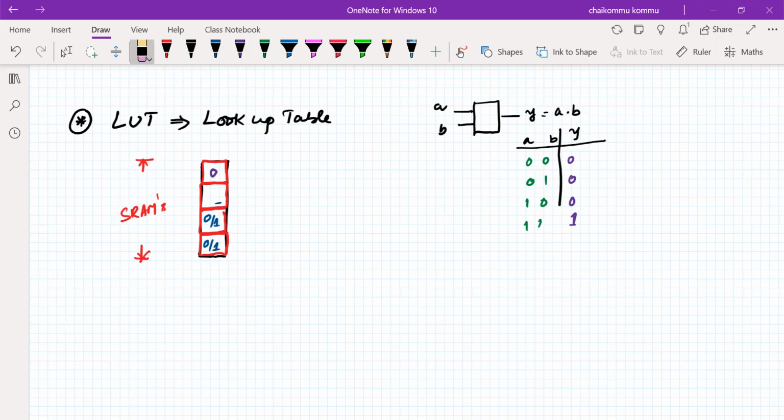I want to keep the value of this one equal to 0 again. I want to program the third shell just by removing the content of this one. I want to place the content of this one equal to 0. I want to program the fourth shell with respect to the logic 1. So that's how I have to program my RAM shells for the output of the function.